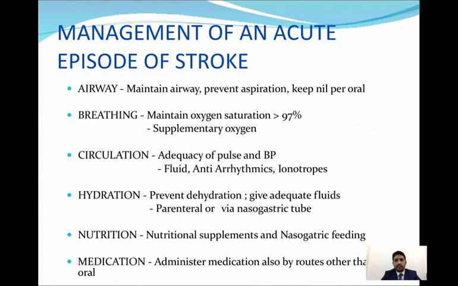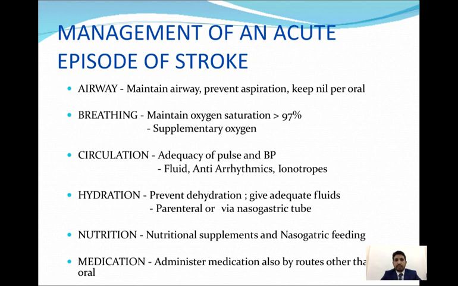Other than taking medications or treating the acute episode, the most important point is maintaining the airway, because aspiration is the second most common cause of death in stroke patients after the stroke itself. Patients do aspirate, and this aspiration pneumonia worsens the prognosis considerably. And in our culture in Pakistan, families are very touchy and they try to give him something to eat or to drink. This goes directly into the respiration and causes aspiration. Patients with stroke and aspiration pneumonia have considerably poor prognosis.